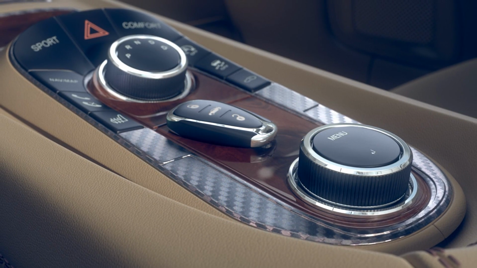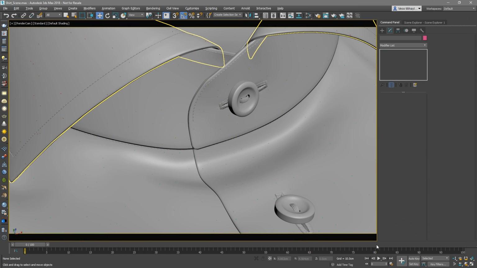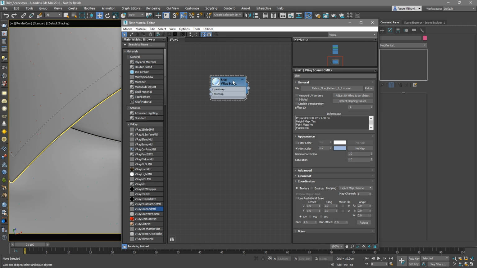Let's open a more appropriate scene to demonstrate some fabrics materials. In this scene, there is a close shot of a shirt. The VRScans material is set up exactly as the prior ones. Since fabrics have more pronounced texture and color patterns, the automated UV tiling adjustment might not be what we are looking for. In the coordinates rollout, we can manually set the UV tiling of the material using the 3ds Max